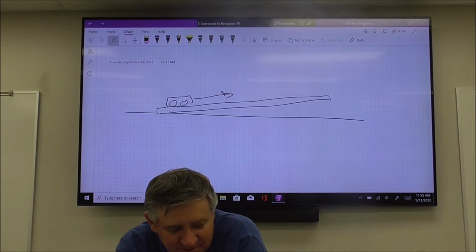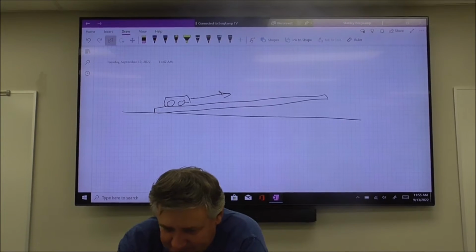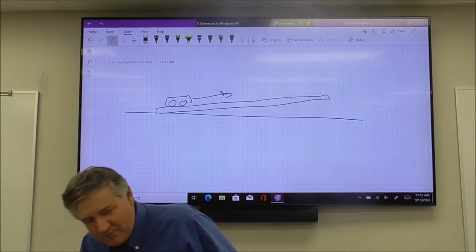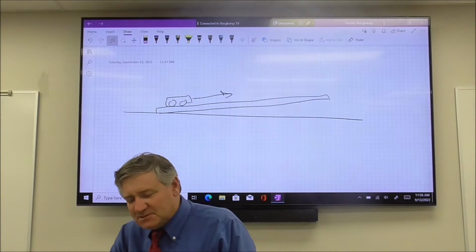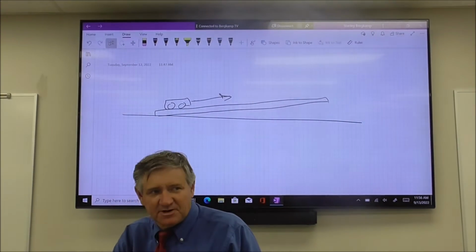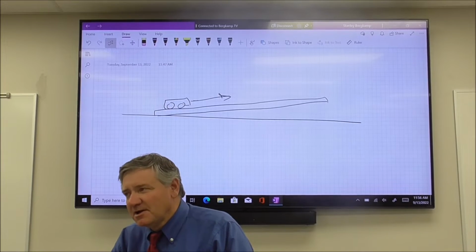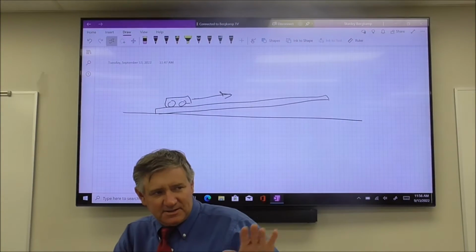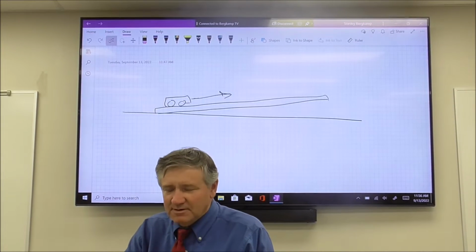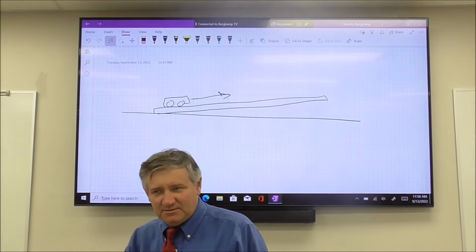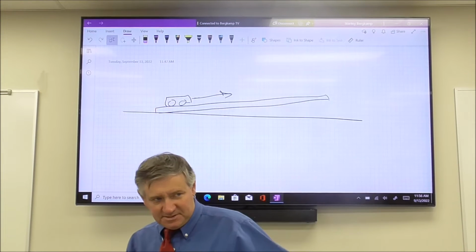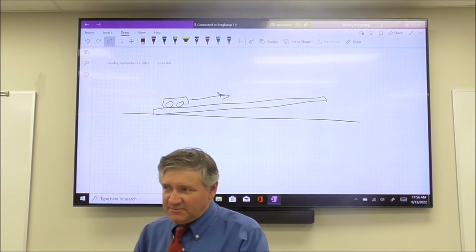Okay, so let's chit chat about the lab. This is kind of the culminating thing of where we are right now. The first thing we figured out was how to do physics. What do we measure? What units are we going to use? That type of thing. Then we said, okay, let's roll that into velocity. What's velocity? That's your rate of change in your position. Well, what does position mean? Oh, where were you at in the frame of reference? That type of thing. And now we're going to look at acceleration, which is the rate at which your velocity